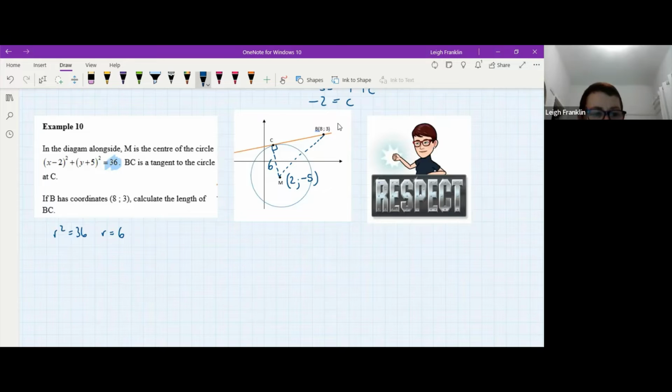All right, so what we're going to do is calculate the length of MB using distance formula. So we're going to do our change in x's squared plus our change in y's squared. And that means that line MB is going to end up being